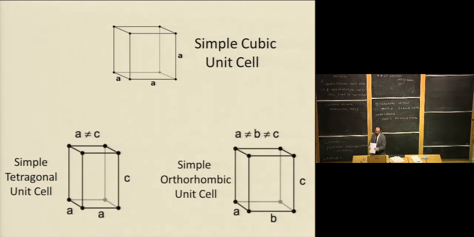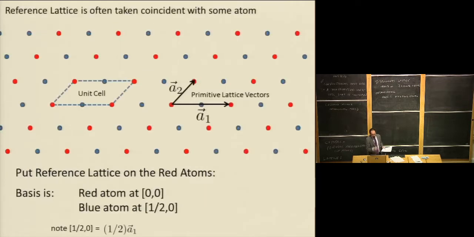Now, although simple cubic is very unusual in nature, there are things that are based on simple cubic that are quite common. So you do need to know about the simple cubic lattice. Let's go back to this picture here. Remember, it's very convenient if you have more than one type of atom to put the reference atom at the lattice point, and then you can give another atom's position as a basis, with respect to the reference lattice point. So a very important structure is the so-called cesium chloride structure,